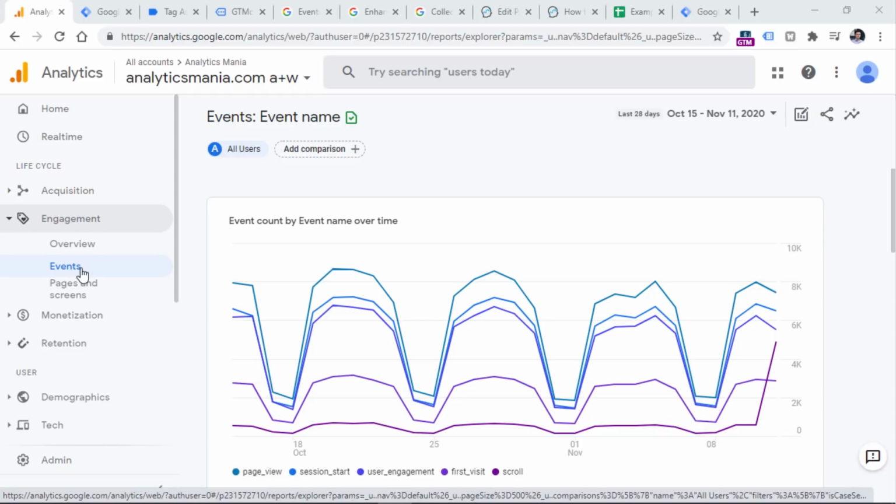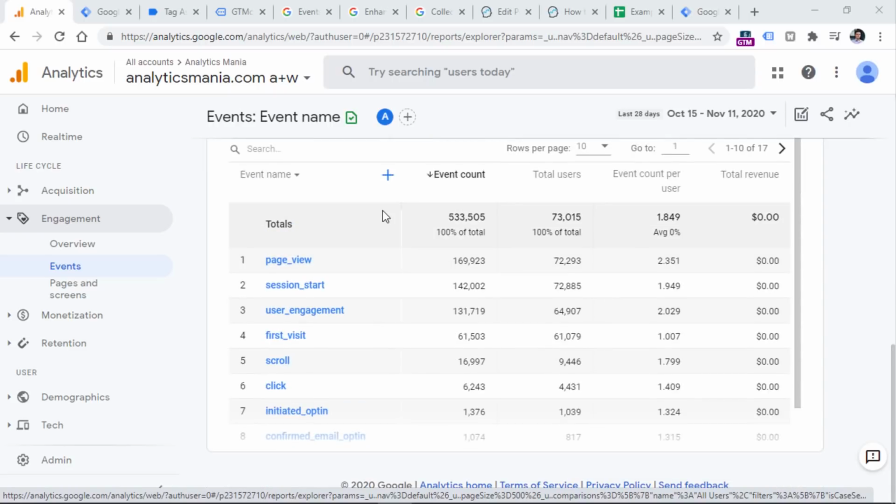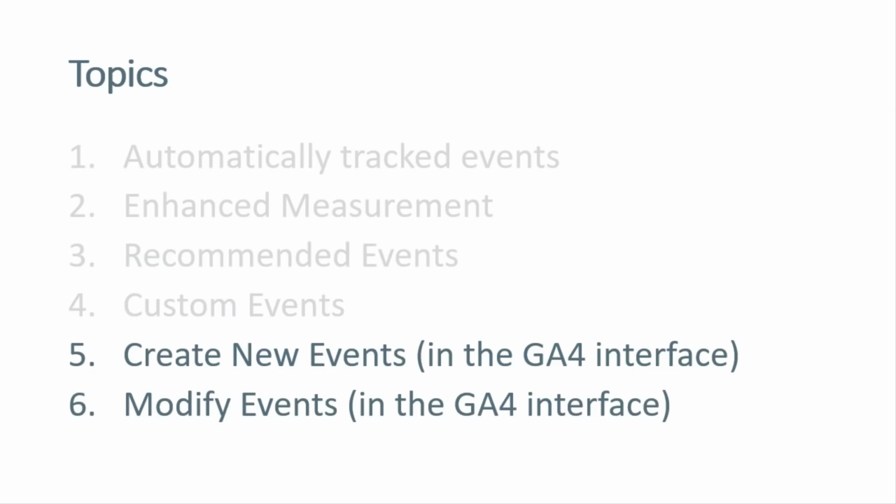But in general, I hope that in the future, the reporting capabilities will be better in Google Analytics 4. And in the meantime, you can see some more basic data right here. Also, you can do your own research and find out how to analyze this data with BigQuery or Google Data Studio. And then the final two features that I wanted to mention in this video are create new events in